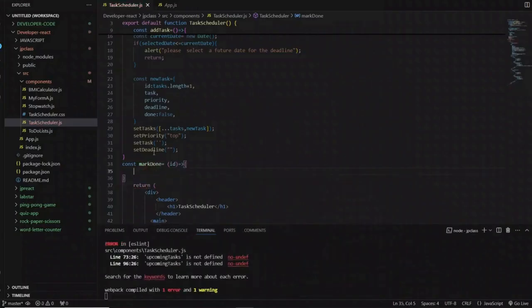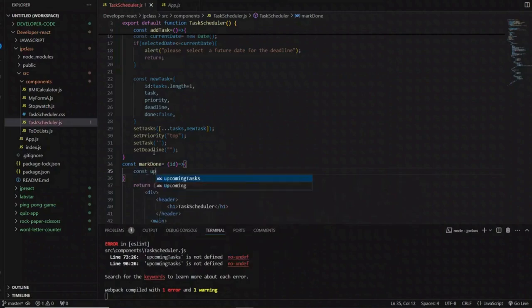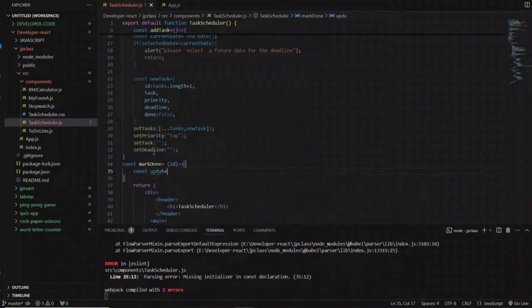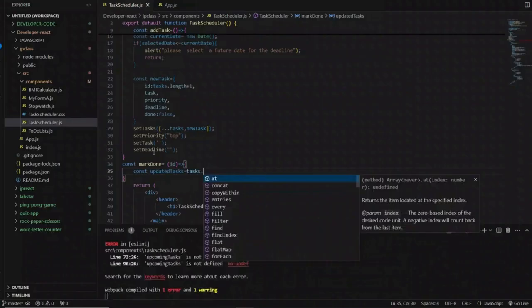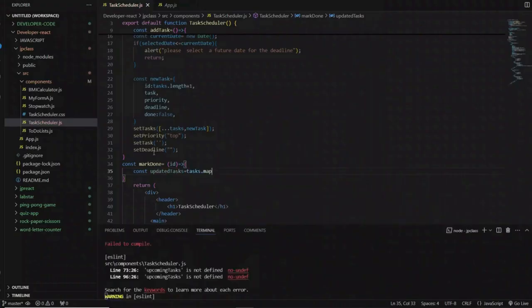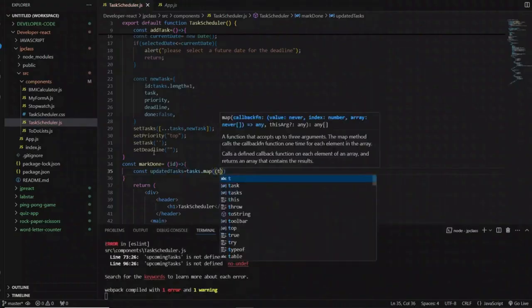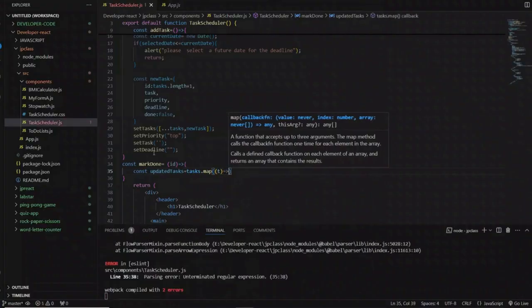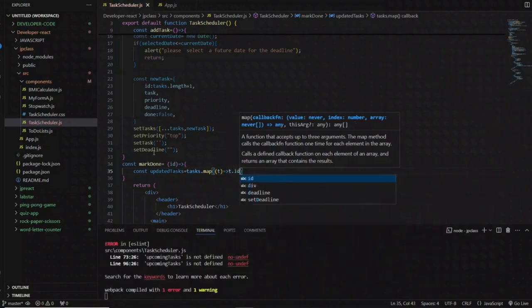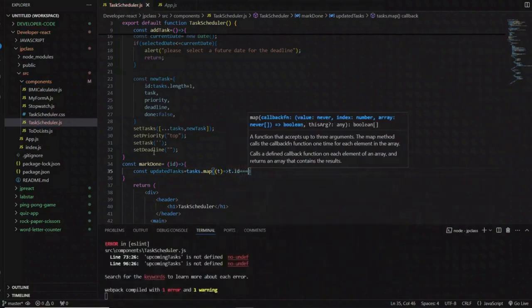Here inside the arrow functions const updatedTasks equal to task dot map, inside the map t dot id equal to id question mark spread operator